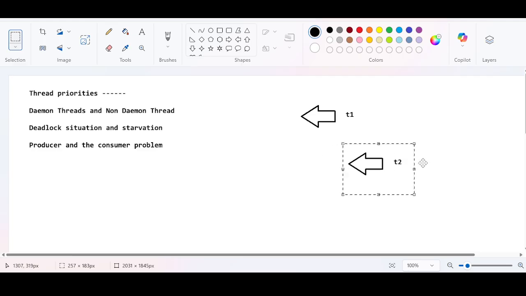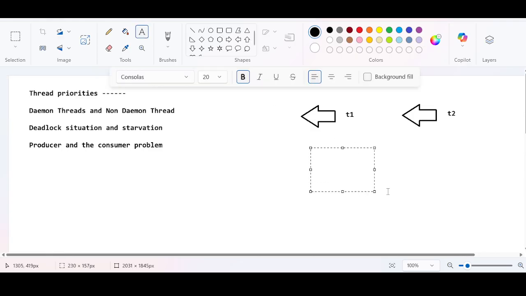Okay. So let us say that these two different threads are going to invoke two different run methods. It is meant to invoke the run method, right? So whatever the logic inside the run method, that will be executed by these independent threads. It is meant to invoke this run method. But you have an option to give the priority. When I say the priority, it is like, okay, you